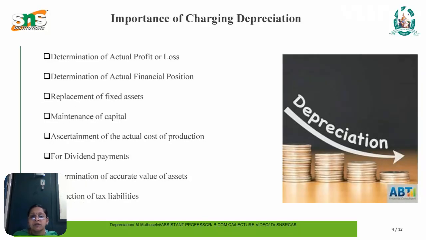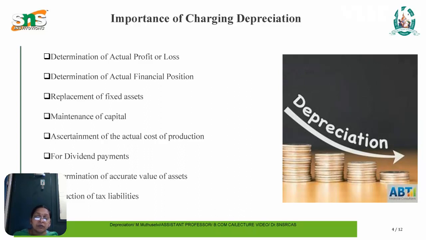Third one, importance of depreciation. Why are we charging depreciation? We have to know the true profit or loss position, and determine the true financial position of a particular concern. Every year we have to calculate the depreciation. Next importance for charging depreciation is replacement of fixed assets, then maintenance of capital value, then ascertainment of the actual cost of production. How many units, how much quantity we have to produce,